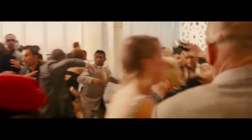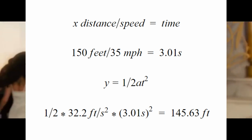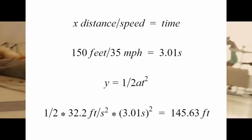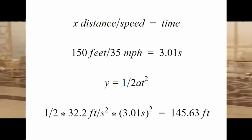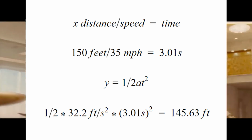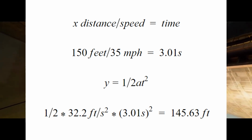But hold on. In the behind the scenes of the film, we learned that since they were actually driving this thing inside a skyscraper, they never got the car over 35 miles per hour. Well, we can calculate where exactly the car would have ended up if they had attempted this jump at that speed as well. Using the same equation, but solving for time, we see that distance over speed equals time. We take our 150 feet gap between the buildings over our 35 mile per hour actual speed, and we get a 3.01 second time frame for the jump. Now we plug that time into this equation, and we get that 1/2 times 32.2 feet per second squared, the acceleration of gravity, times 3.01 seconds, our time, squared, equals 145.63 feet for our drop. That equates to about 15 stories. With that much time to free fall, well...